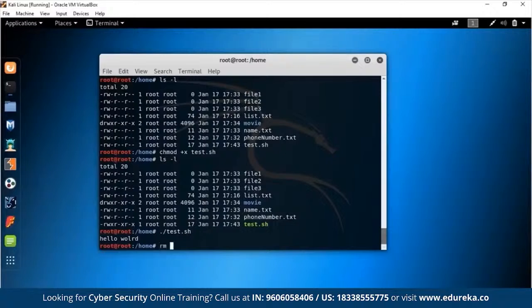And rm is used for actually removing files. So you should be very careful while using rm or any sort of removing command on a Linux system, because once you remove something, it is very difficult to get it back, and it's almost near impossible. It's not like Windows where it's basically just disappeared in front of your eyes, but it's still there in the memory, cluttering it all up.